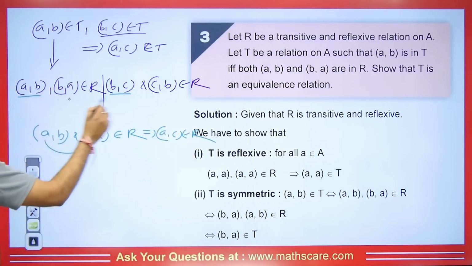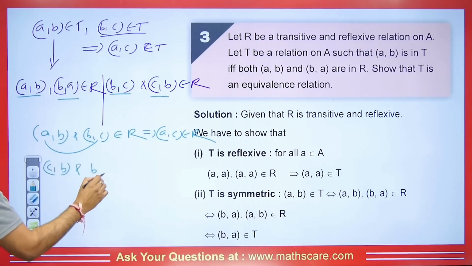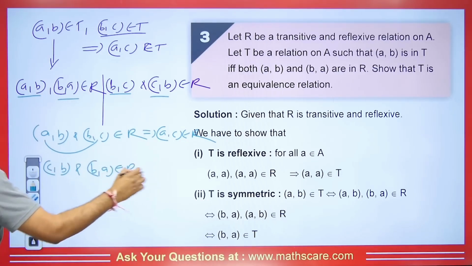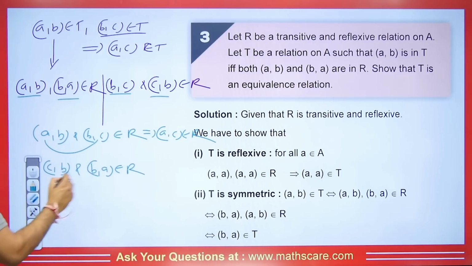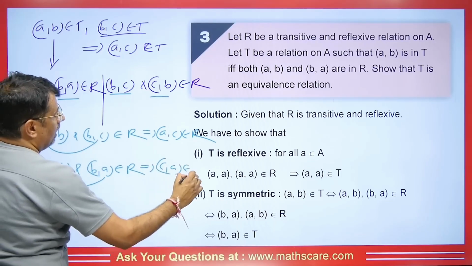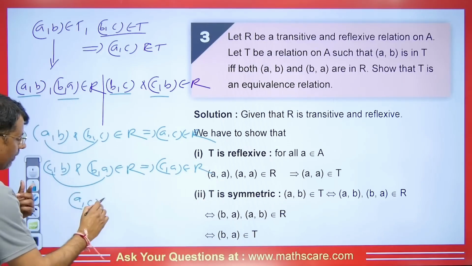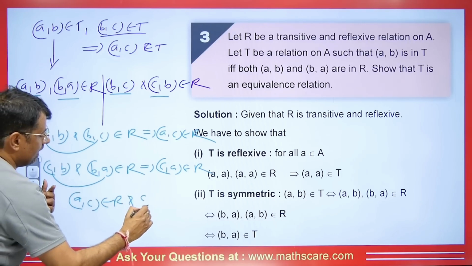Now we are here, we are going to take this one and this one. So I am going to write this like this, CB first and BA, right? So here we have this with us in R because R is transitive for us. Then as B is here, this C will also go to R, right? Students, now we know that for this AC here, we have AC, it is going to R and CA is going to R.